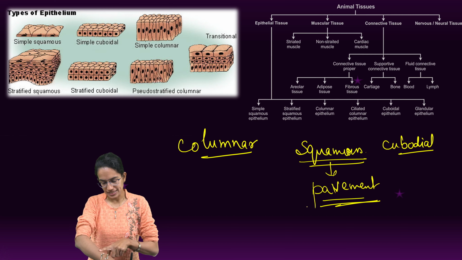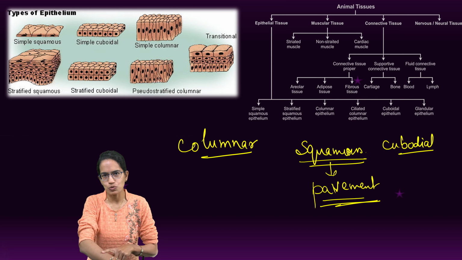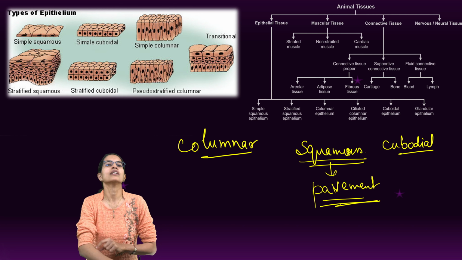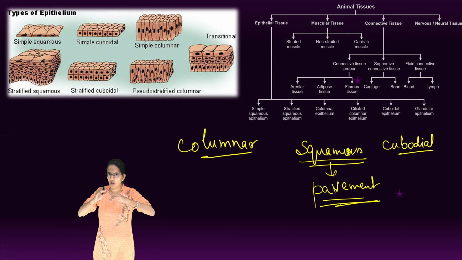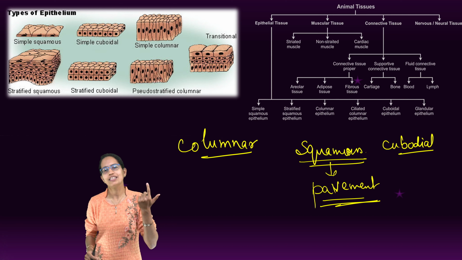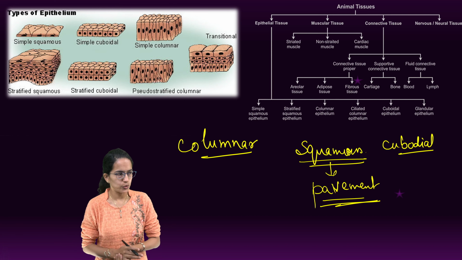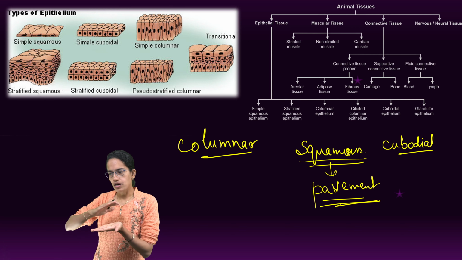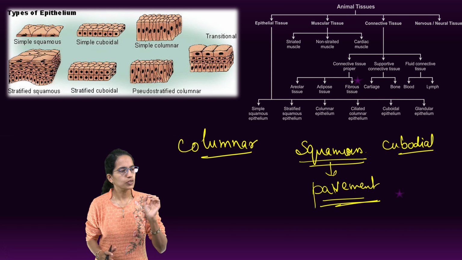The surface is thin. The most interesting feature is, on the surface of the cell, wherever you see a small bulge, that indicates what? That indicates the nucleus, as simple as that. So under a microscope, the identification becomes very simple. The cell surface or the wall is actually thin in the case of simple squamous.